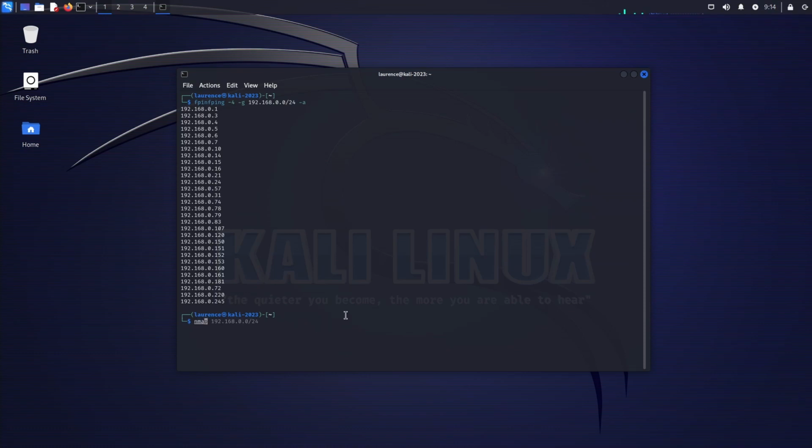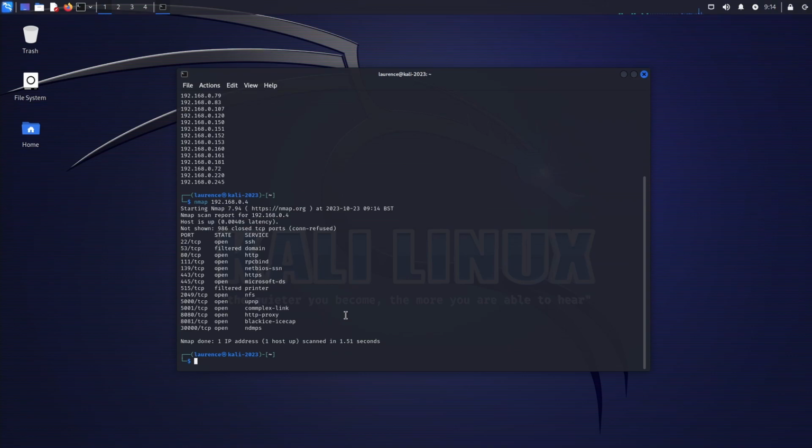say nmap 192.168.0.4, for instance. I could do a quick nmap because I found that host is up. Okay, so what we're looking to do is reduce that as much as we possibly can, and